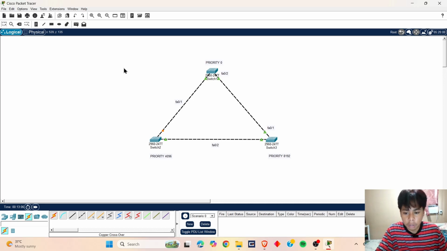It prevents broadcast storms, establishes a predictable network hierarchy, improves network reliability, and enables faster recovery times. Those are the reasons why we are doing